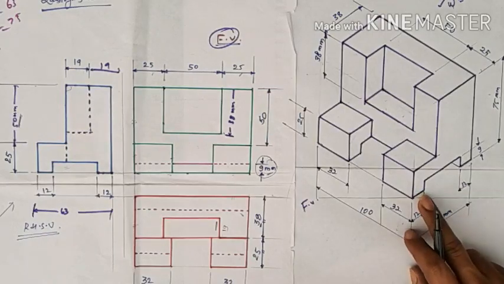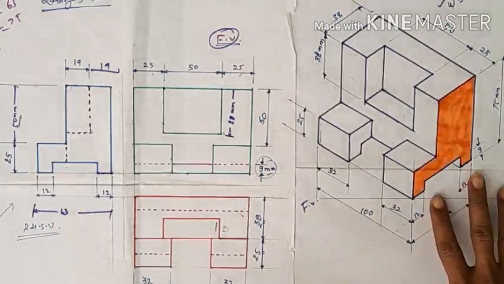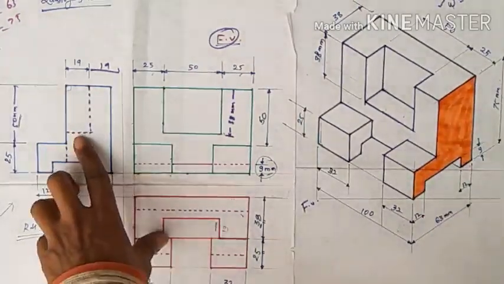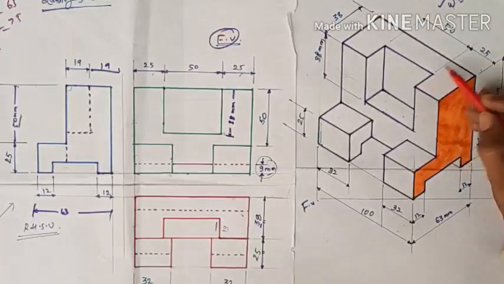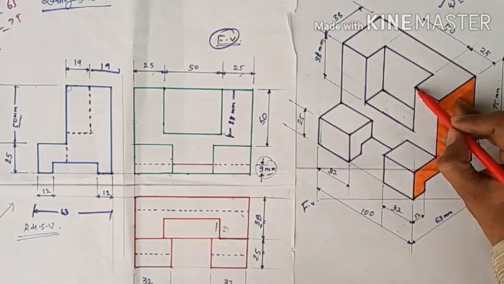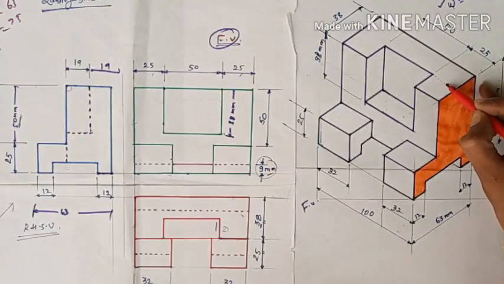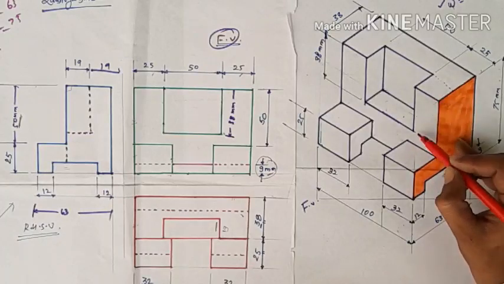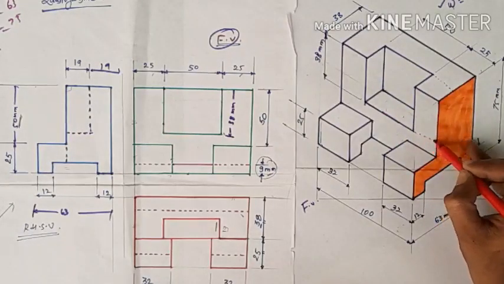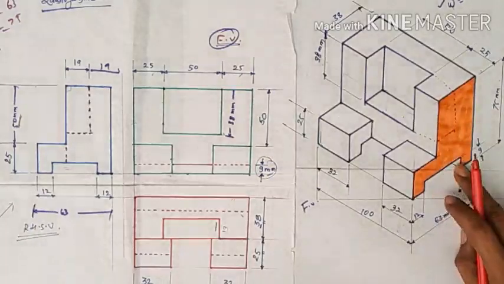I will show you the particular views with different types of pencil, so just wait for this. The side view looks like this. And what is the meaning of this dotted line? When we see this object from here, this inner side of 19 mm long line does not appear. So for this we make a dotted line, like this, and again this is 38 mm, parallel to it, like this. So this line is the hidden line.